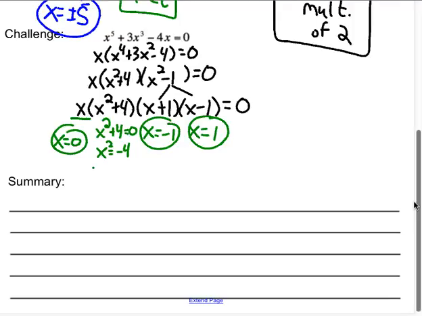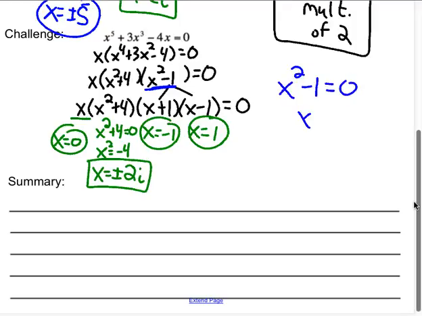So I square root a negative. That's going to give me plus or minus. The negative means I need an i. Square root of 4 is just 2. So I'm going to get plus or minus 2i. Now again, I'm showing you to remind you that these can continue factoring, but of course, if you just wanted to solve that by square rooting instead of factoring it again,